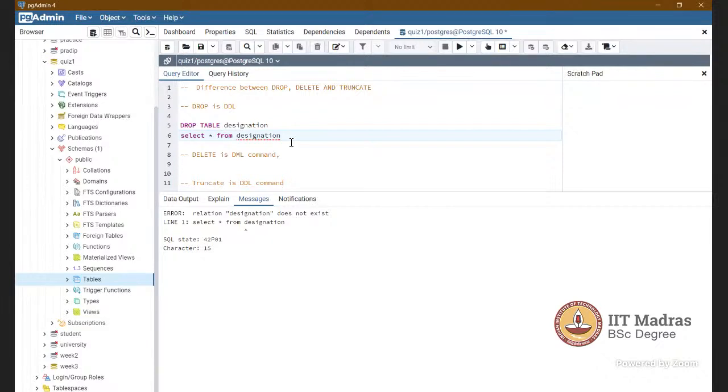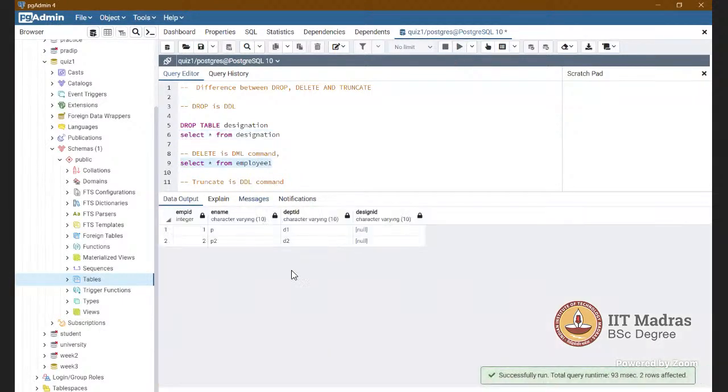Let me give an example. So what is our table? This is our table, right?